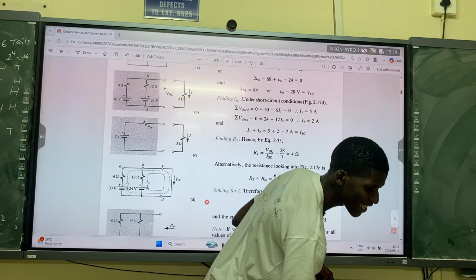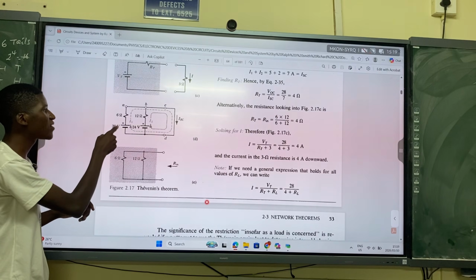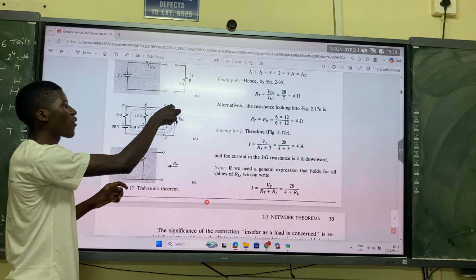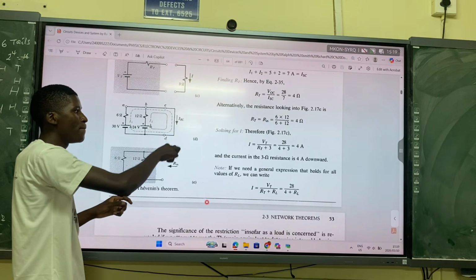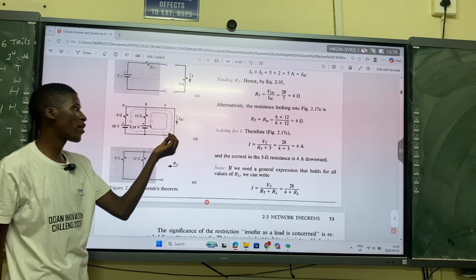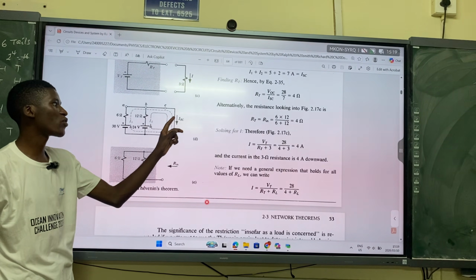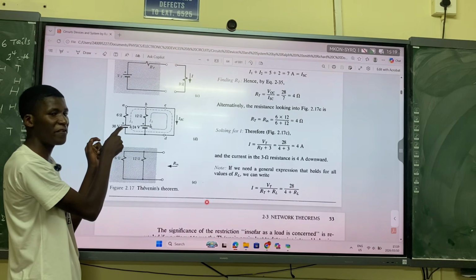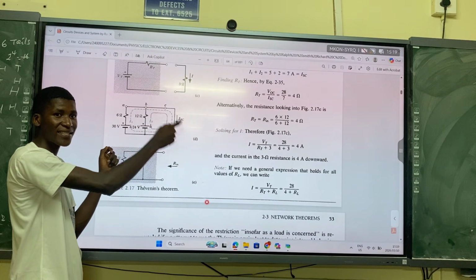And then when we are doing the current, when we are short circuiting, it means we are combining the 30 volts with the 6 ohms, and the 24 volts with the 12 ohms. We are going to short circuit, which means we are just going to put a conductor up here, and this conductor will not have any resistance. So the current going through this conductor will be a combination of I1 coming from the first voltage source and I2 coming from the second voltage source.